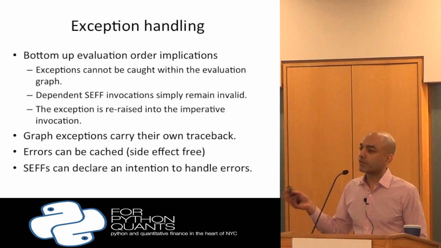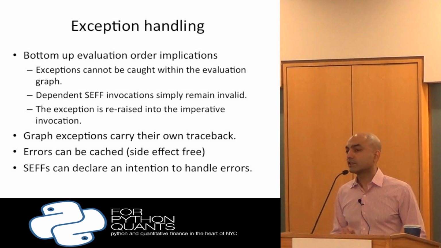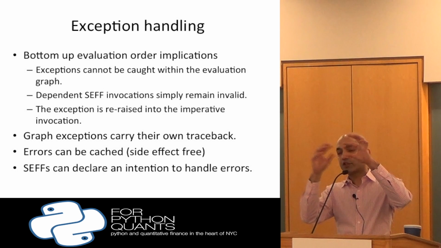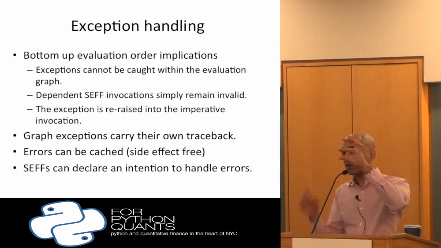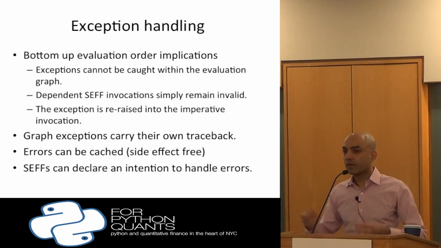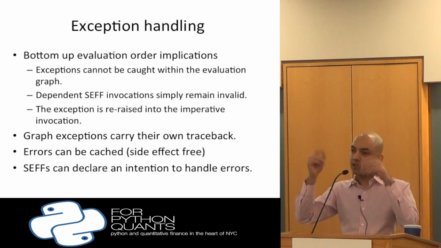You can also do a couple of other things. For example, a Ceph function could declare an intention to handle errors. It can say, okay, if I get an exception in something that I'm going to call, think about Excel. You have a chain of cells. One of these cells raises an error. Some cell depends upon it. You could say, I can handle errors. Just tell me I got an error. And then it computes a different value, and essentially turns itself valid, and then keeps going up the chain.